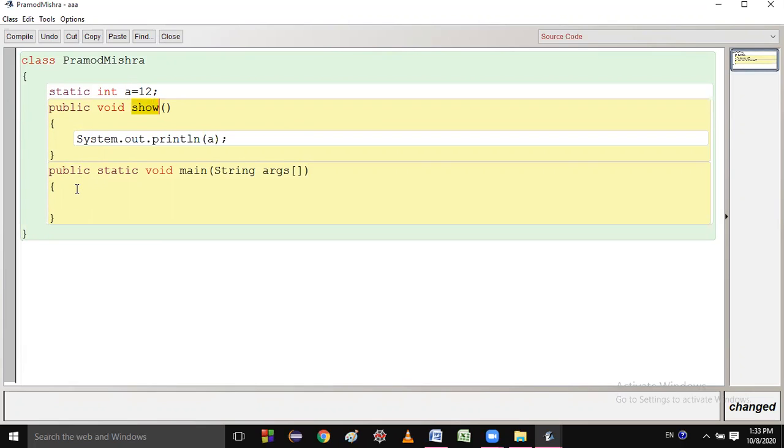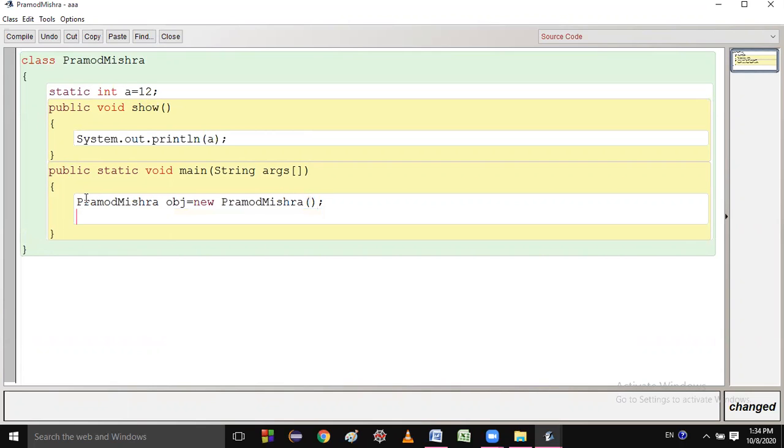How will you call it? You have to make an object of the class, because this is a non-static method. So I have to call it by the object name. So, Pramod Misra obj equal to new Pramod Misra, then obj dot show. Is it clear to you?